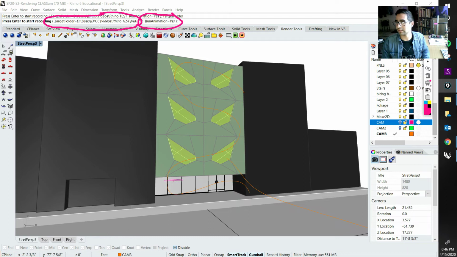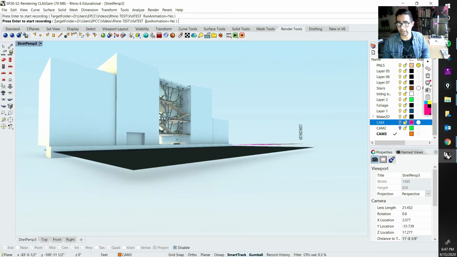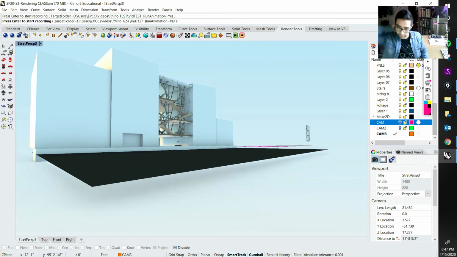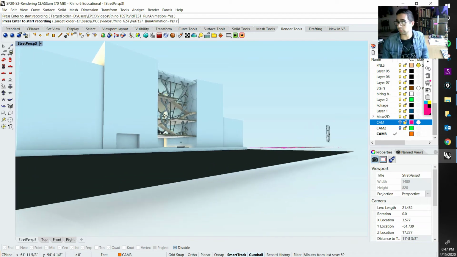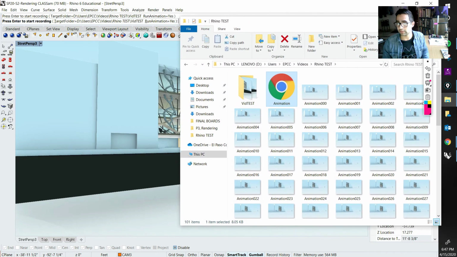So I leave it set to OK, right? And press enter to start recording. So I press enter, and notice that it's moving slow, right? Because it's actually generating each of those frames. But if I go right here while it's doing that,